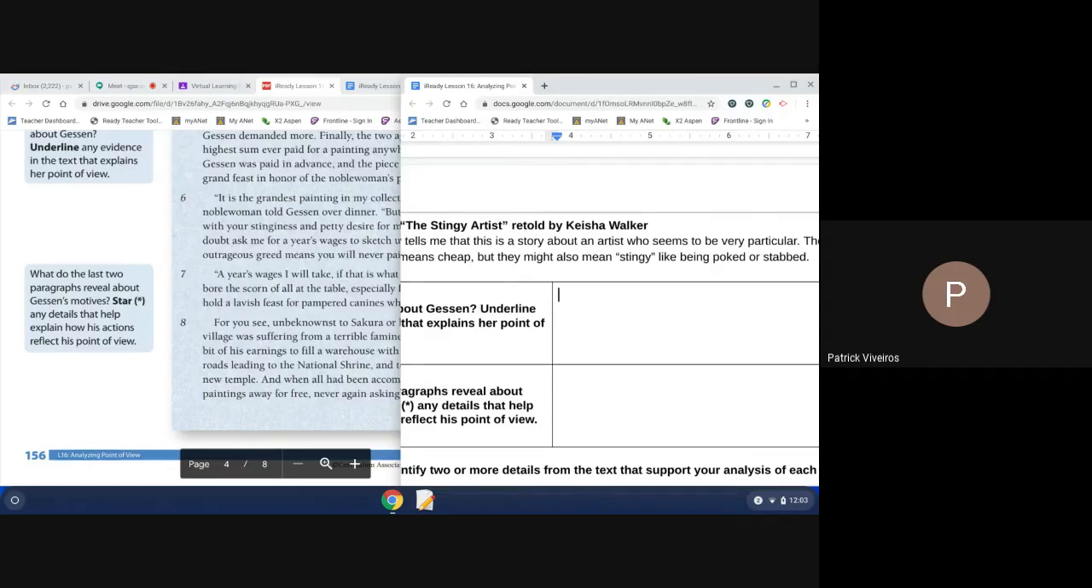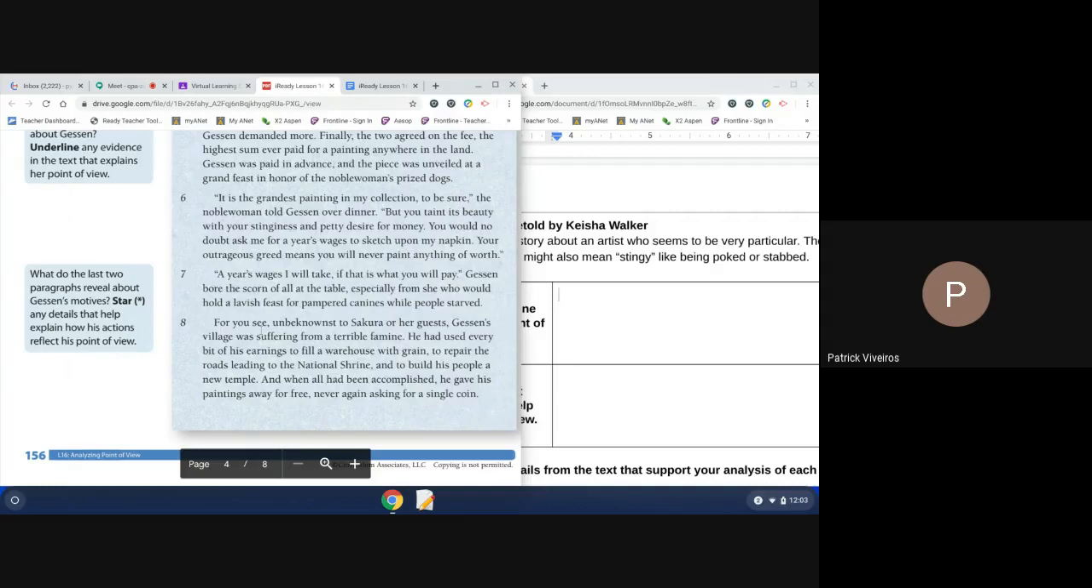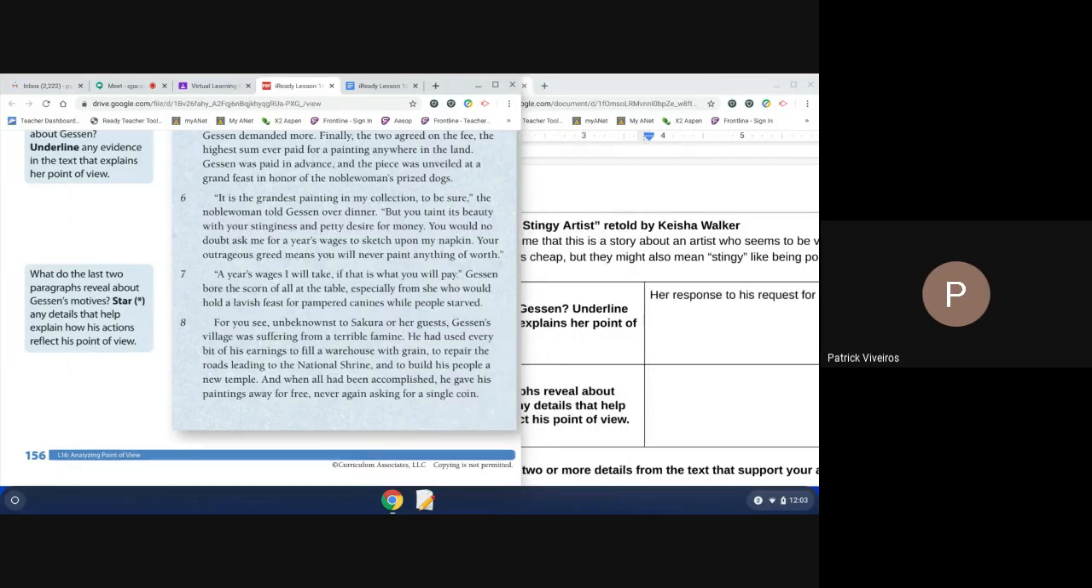Going to move ahead to the second close reading. What do the last 2 paragraphs reveal about Gesson's motives? Well, it wants us to star some details that help us explain his actions. Well, we know that for Gesson, obviously he's not being stingy. Sakura thinks he's being stingy because he wants to talk money and cost right away, but he needs it. All right, particularly going into